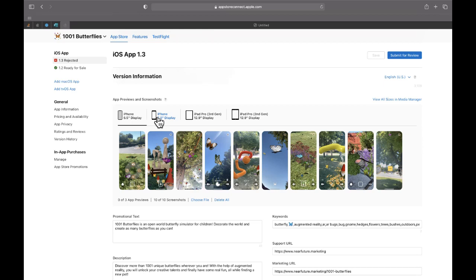And Apple's requirement is that you upload screenshots of your app on the main sizes of phones. So you can do the iPhone 6.5 display. That's the 12 Pro. So that basically means if you have the largest iPhone out, you take a screenshot on that phone, and it will automatically size down to the remaining iPhones that have Face ID. So the iPhone 12, the iPhone 12 mini, you won't have to take screenshots for those if you get the biggest iPhone. It sucks because it's also the most expensive iPhone.